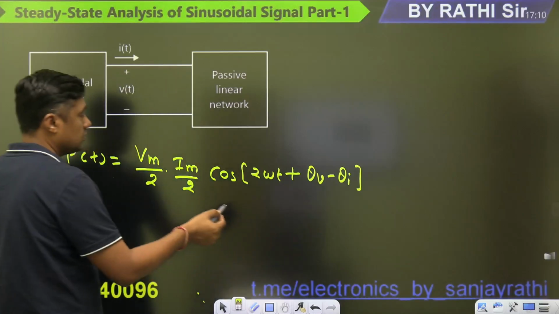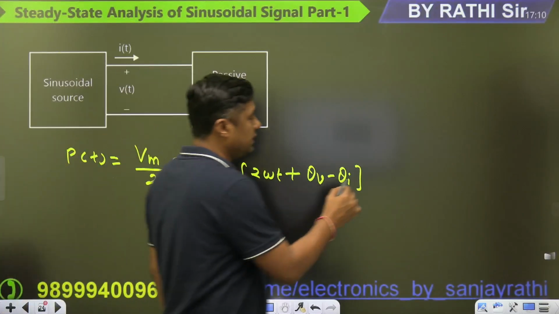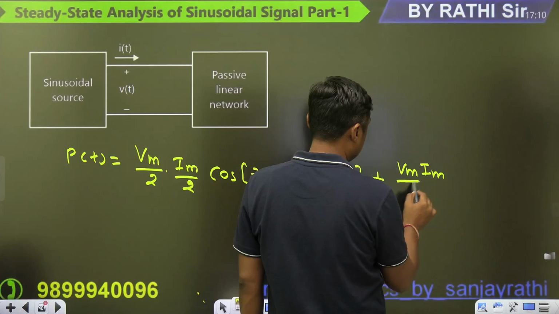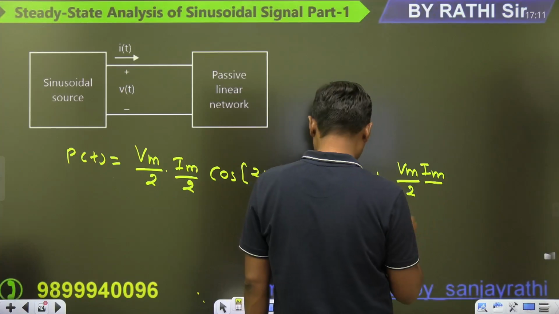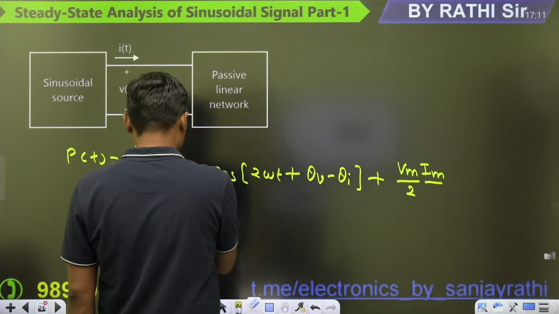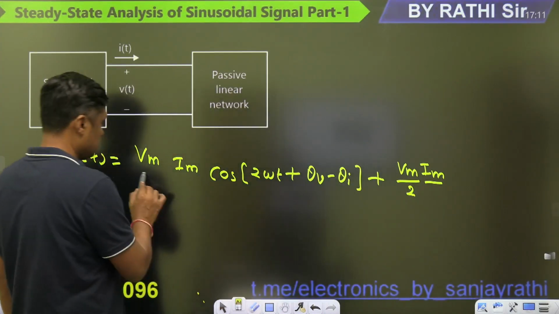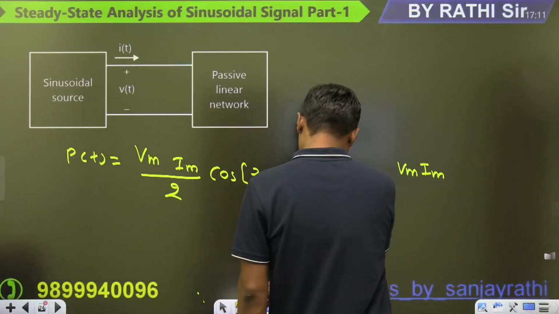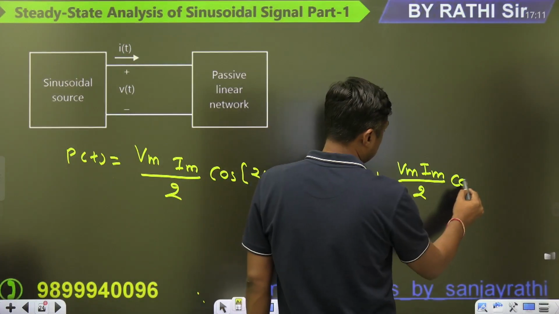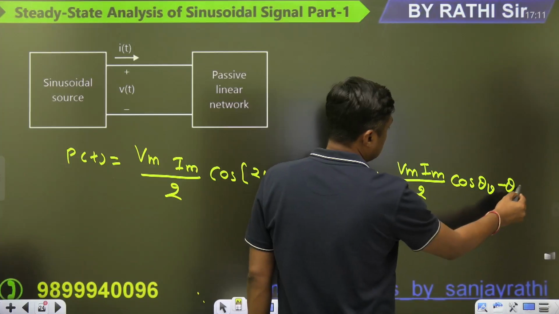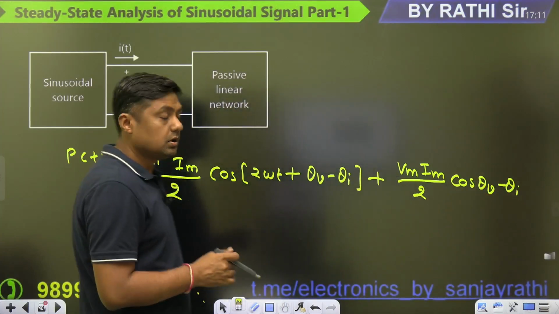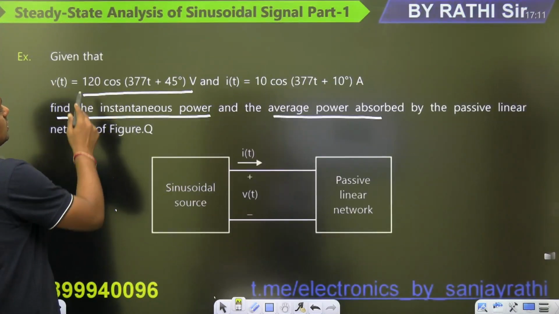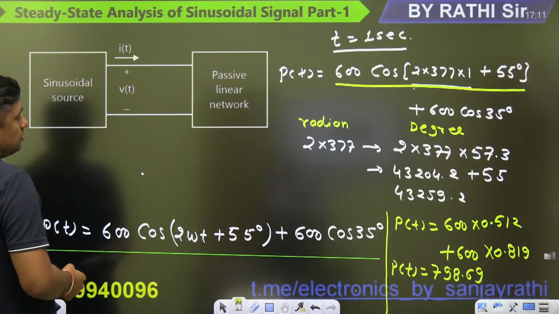This is the first term, and then the second term. Yes, that is the direct formula. Yes, directly you can use VM. What is the VM? It is given,